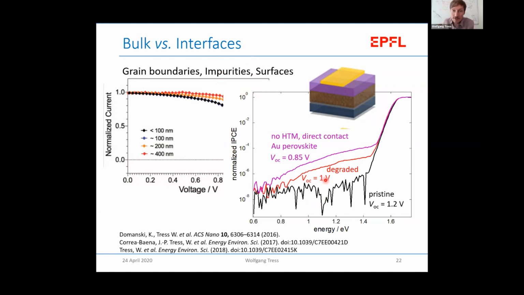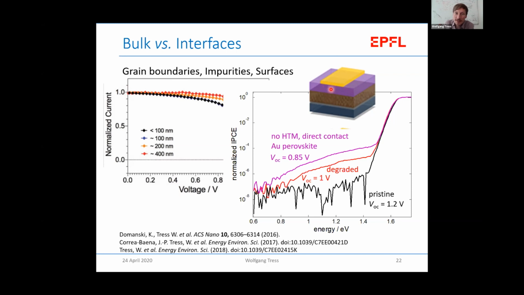But for example, when some specific metals, like gold, diffuse into this material, then we can indeed see that we form states. So here you see again the absorption onset of the perovskite, a similar plot as I've shown you before. But now we look more into the band gap, where we would not expect many states. But when we have this gold migrating, which can happen, for example, during degradation, during heating of the device,